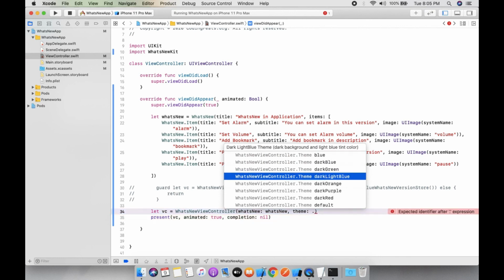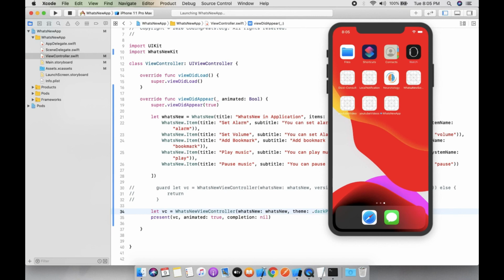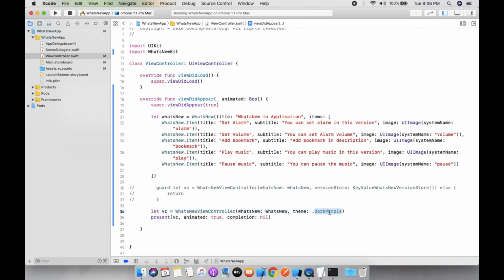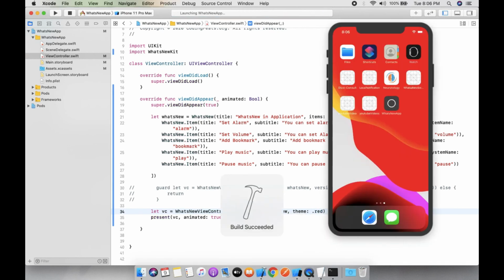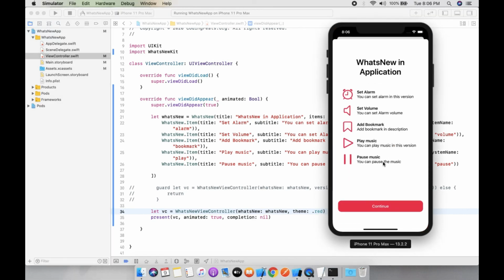If you want to take purple, then run it again, and here you can see the purple color theme. And let's take default red and run it. And here you can see the simple basic red color. It looks awesome. So you can put your points of what you have updated in your current app.